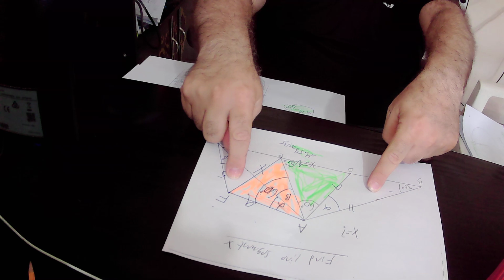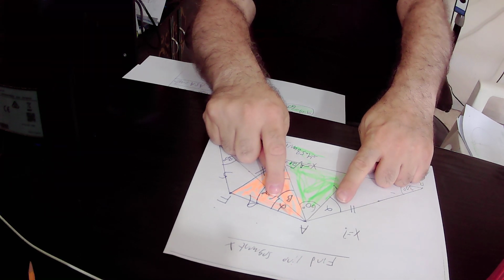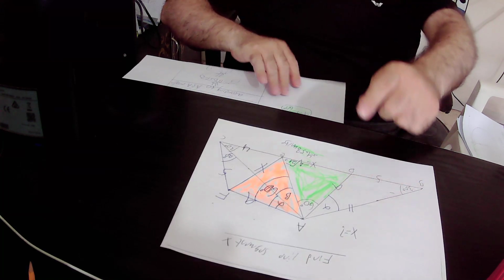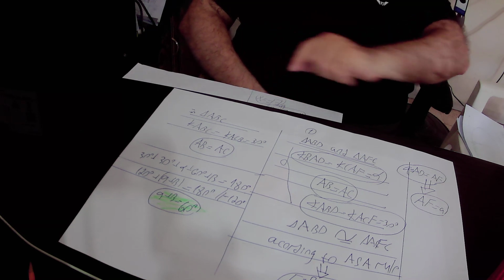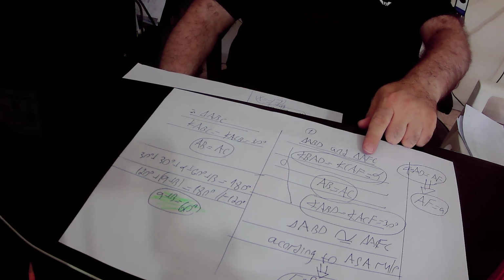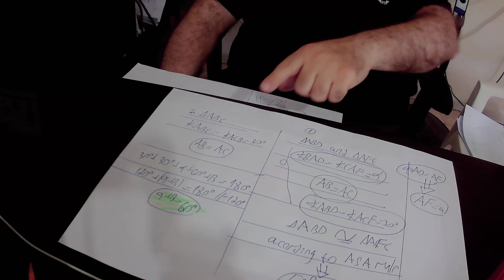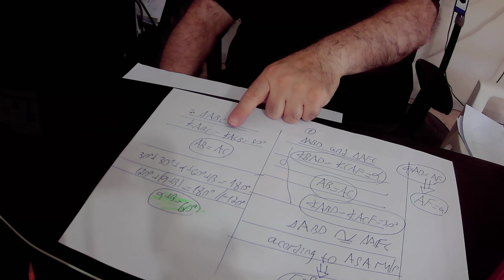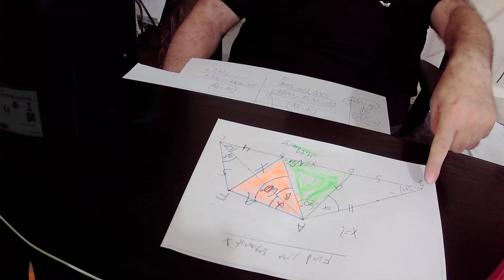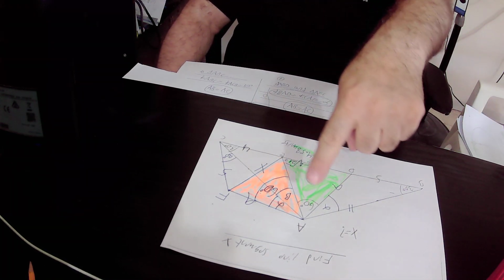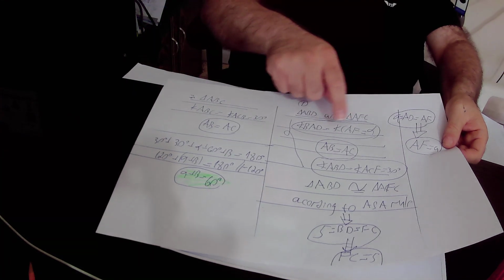So why can those two triangles go into each other? First of all, those two angles are both equal to alpha, therefore they are equal to each other. Here, angle BAD equals angle CAE, they are both equal to alpha, therefore they are equal to each other. In addition, we have already proved that side AB equals side AC. That is to say, side AB of triangle ABD equals side AC of triangle AFC. Okay, AB equals AC, and finally,